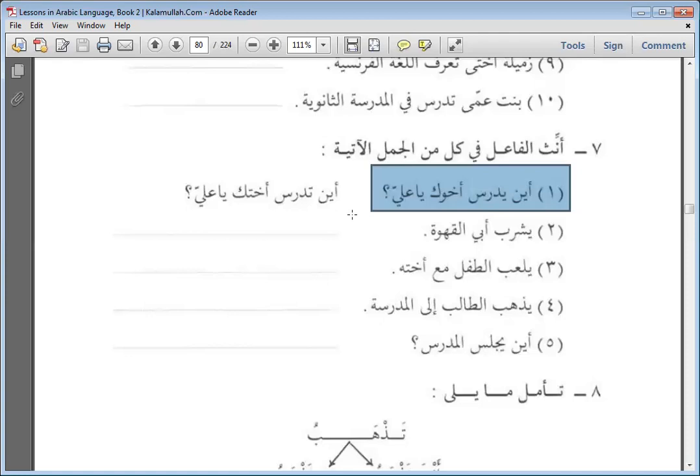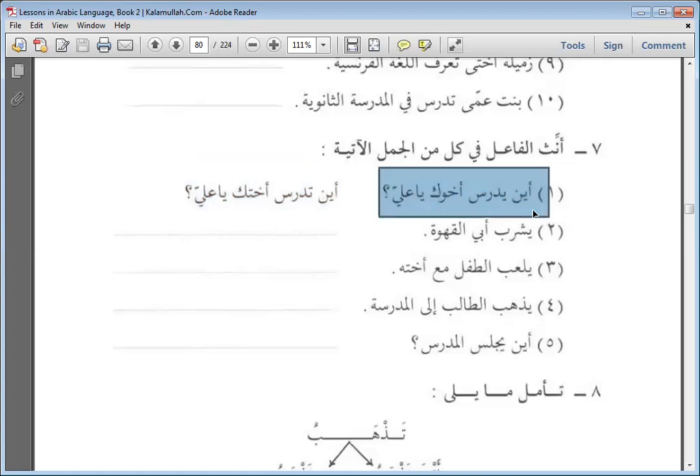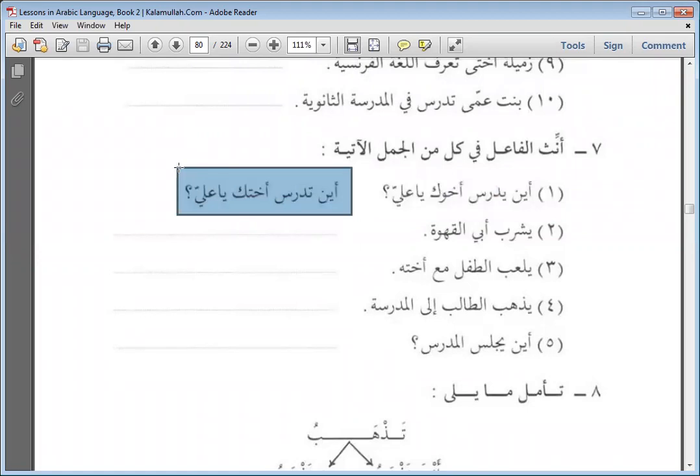So the answer, when we change it to feminine, you would say, Aina tadrusu ukhtuka ya Ali? Where does your sister study, O Ali? See how the ya changed to ta there? All right, so say after me. Aina yadrusu akhuka ya Ali? أين تدرس أختك يا علي؟